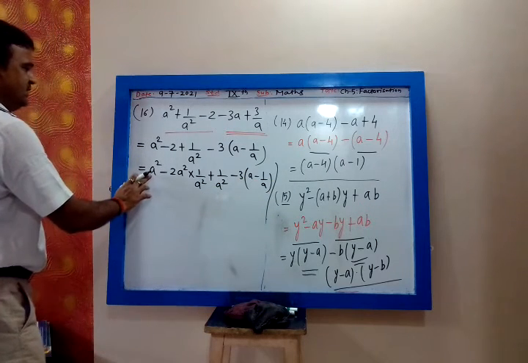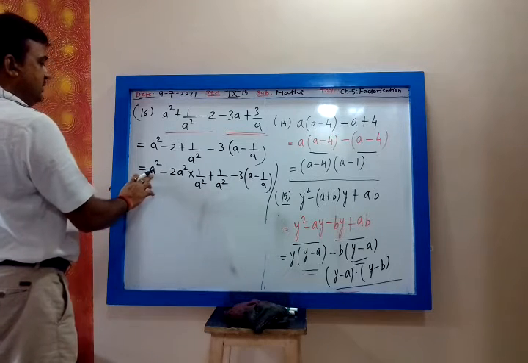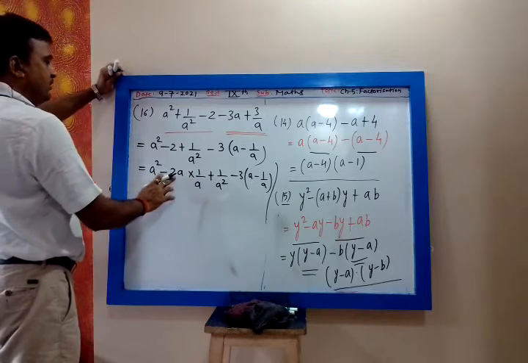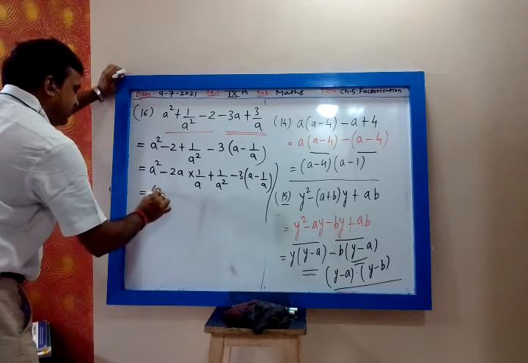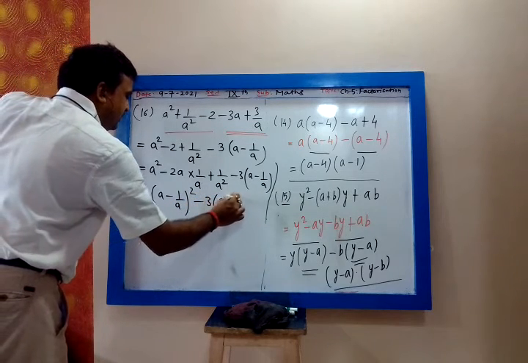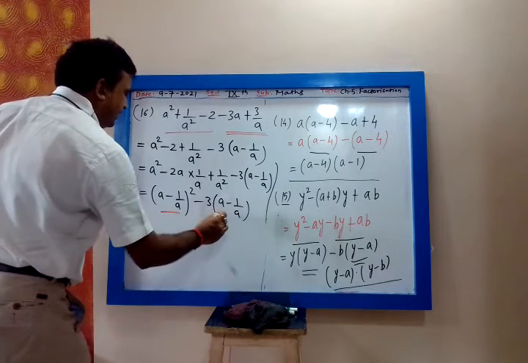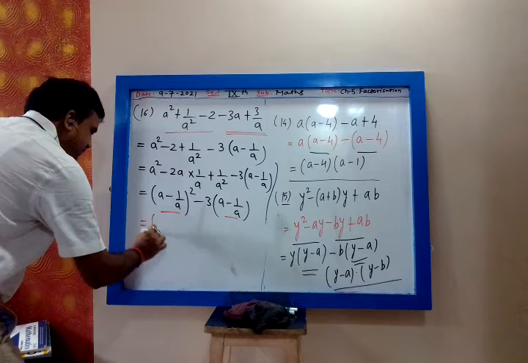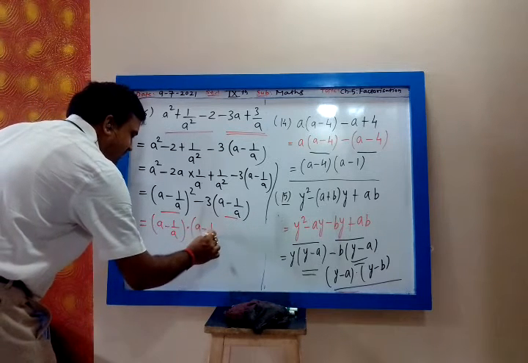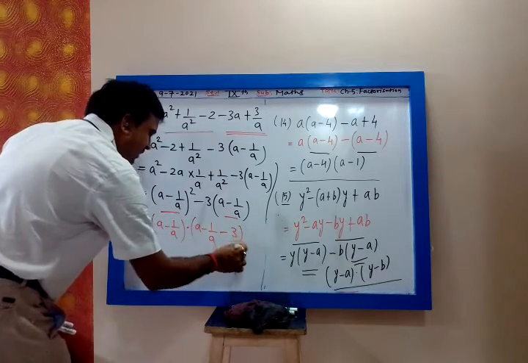Now this is of the form a square minus 2ab plus b square, that will be a minus b whole square: a minus 1 upon a whole square, minus 3 into a minus 1 upon a. a minus 1 upon a is common, then what is left is a minus 1 upon a, because it is square, minus 3. And this is the answer,